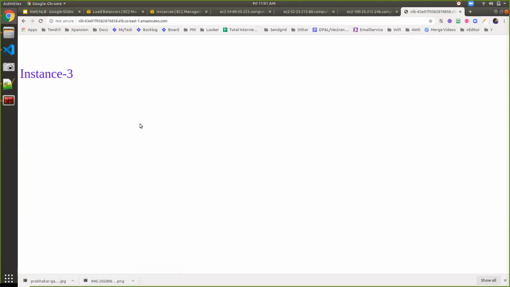Now instance 1 and 3 are coming. Let me refresh it. Yeah, so this is how I can configure the load balancer to distribute the load among all the EC2 instances, so that you can configure your application on multiple instances and, based on the traffic, it will distribute the load across the multiple machines. Auto scaling is also a bit similar to this load balancing. With auto scaling, you can configure only one instance at a time.